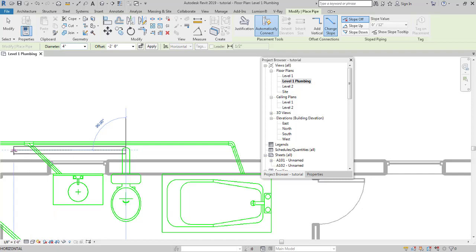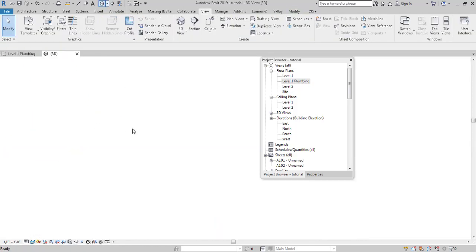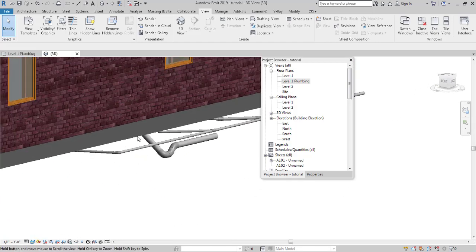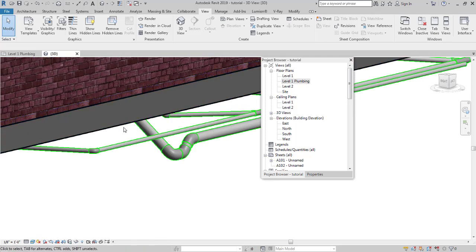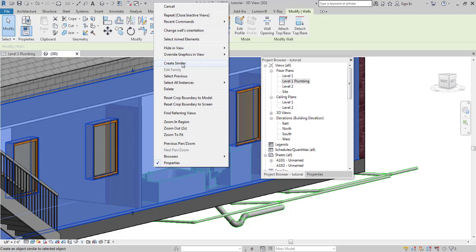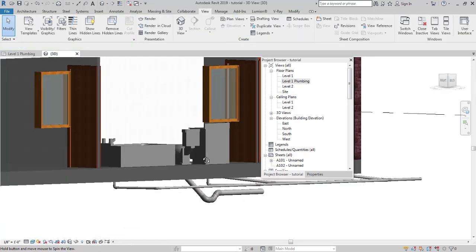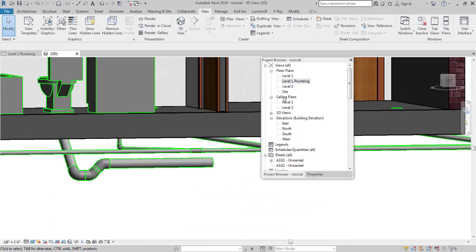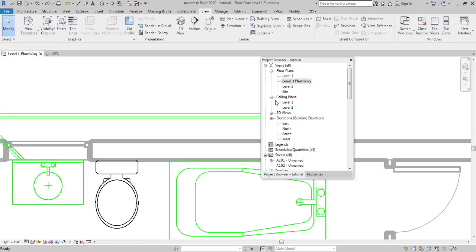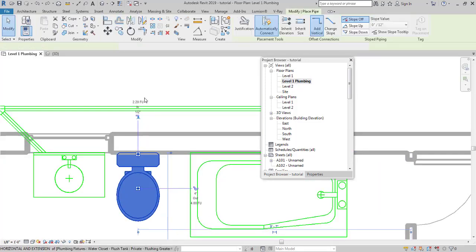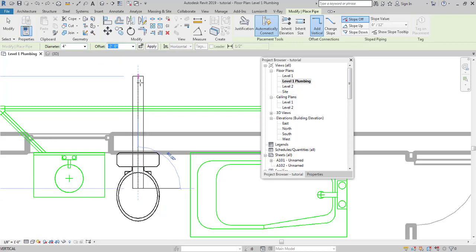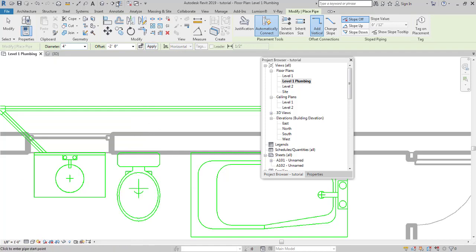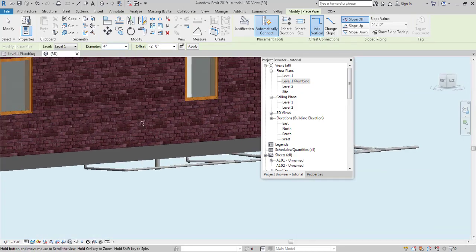Let's check how it looks in the 3D view. Okay, that doesn't look right. Most probably because I didn't add a riser. This pipe isn't right, so let's just Control Z, undo it, go back to level 1, and select this pipe over here. Minus 4, click on minus 2, and instead of clicking here, I think we have to give it a riser. Click on apply. Okay, we had to give it a riser first.